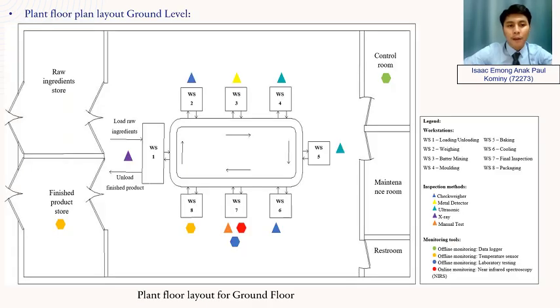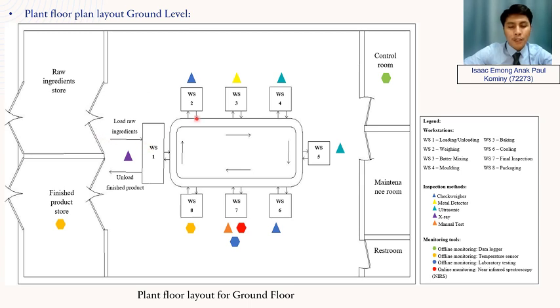Presented to you here is a plant floor plan layout for ground level, assuming that the manufacturing facility is a double-story manufacturing plant. The figure here shows the legend for this floor plan layout, which consists of workstation, inspection methods, and monitoring tools. A brief summary of this layout is that from the raw ingredient store, the ingredients are then loaded onto